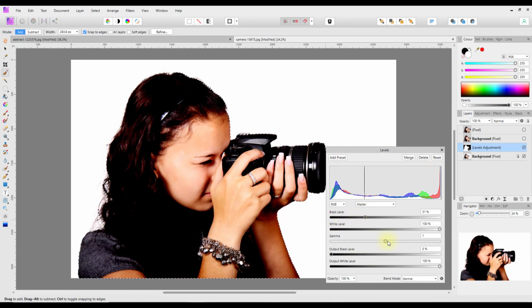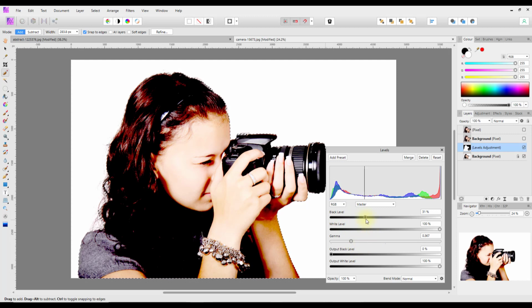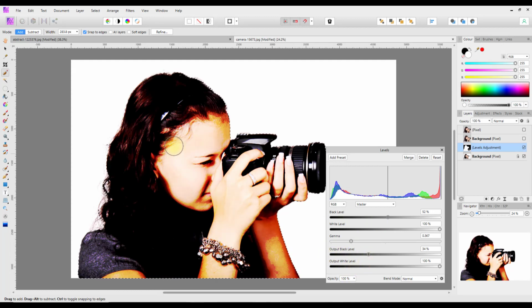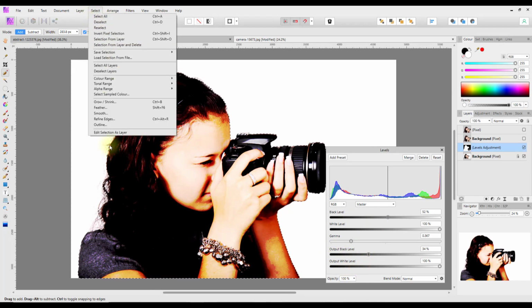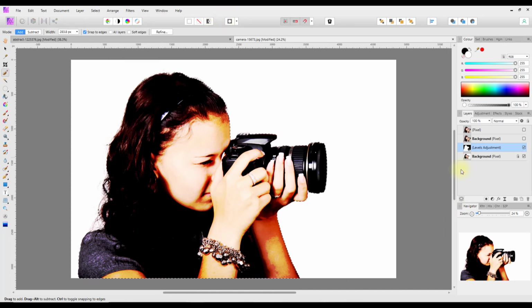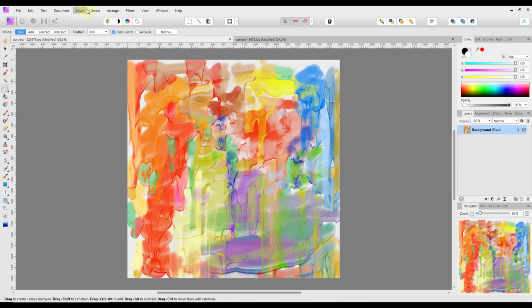And yeah, whatever alterations I make, it is only affecting the area that was selected from the edit selection as a layer. So basically all that has done is added the layer mask options to whatever adjustment I added. So I press Ctrl and D. So that is, I think, the last option,